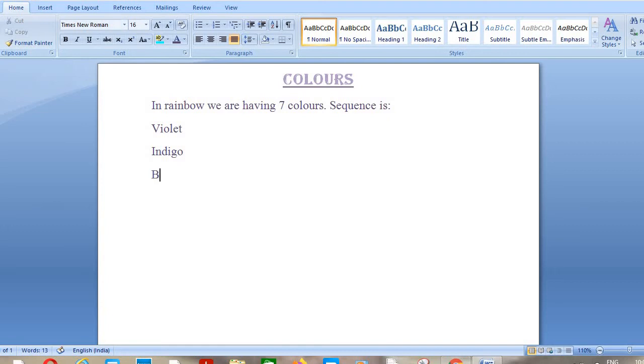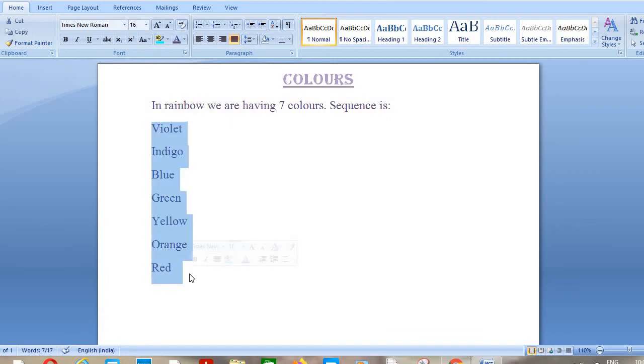Now again blue color is there and green color is there, yellow color is there, orange color is there, and last is red. So you can read in this way, like first color in rainbow is red and last color is violet. So you can write in this way or anything you can write.